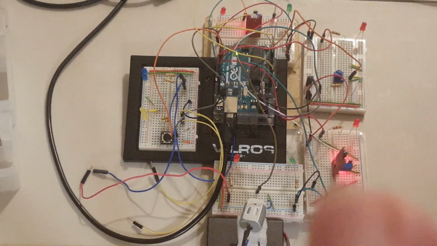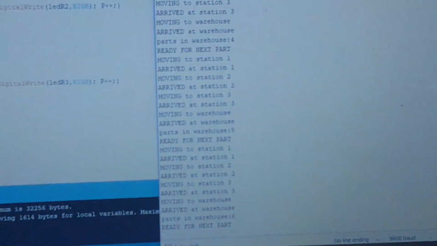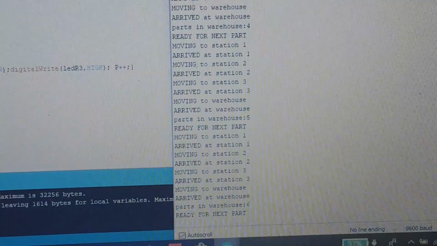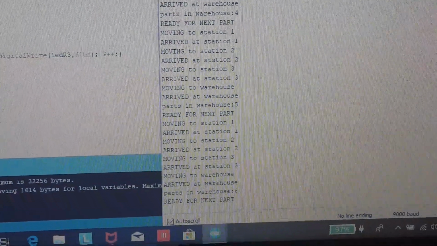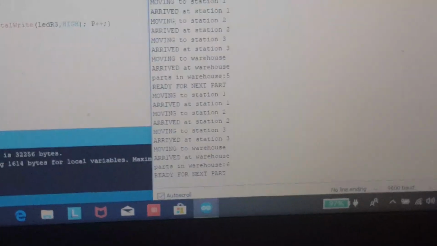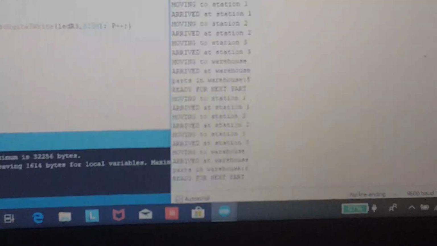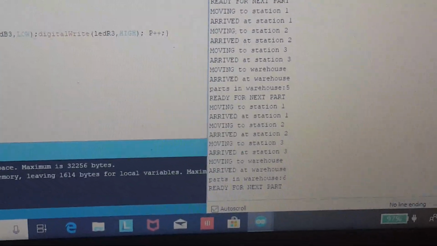Here's a sample of the code indicating what part is next, what part is being assembled, and how many parts are in the warehouse. That's all I'm tracking for this process until